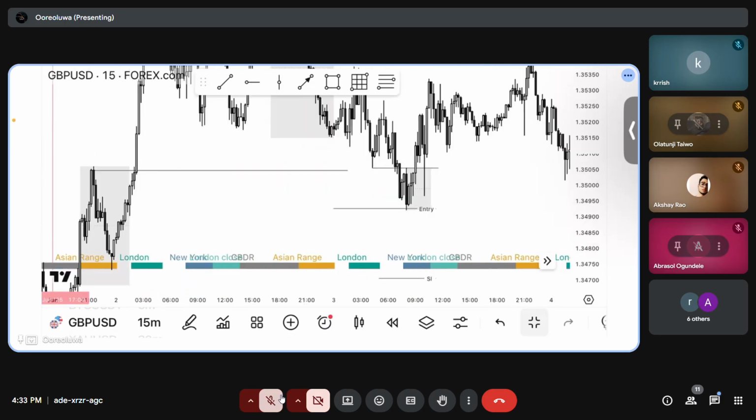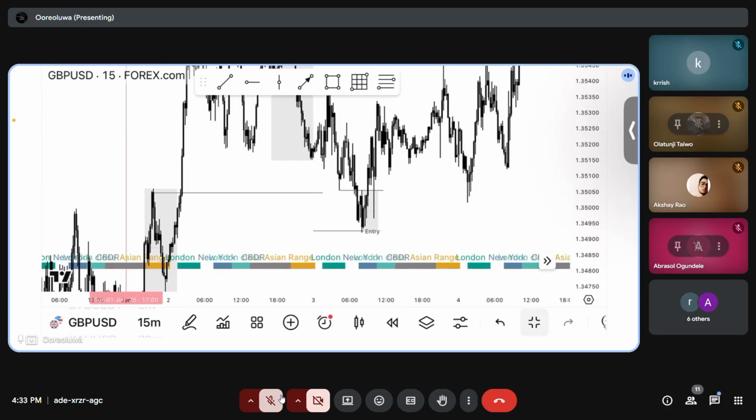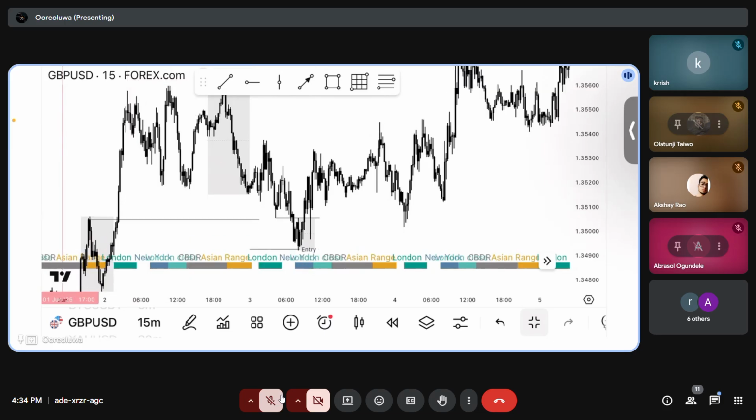And take note, your target is 3RR. So if you are convinced that price is actually on a good move, you can take partial at 3 risk to reward, then hold the runner for maybe your target. But you must make sure you pay yourself. Always pay yourself as a trader. You deserve to be paid because you've analyzed, you've studied, you've spent time on the charts. So once price has hit 3R, or it has given you more than your risk, make sure you pay yourself. I always pay myself.